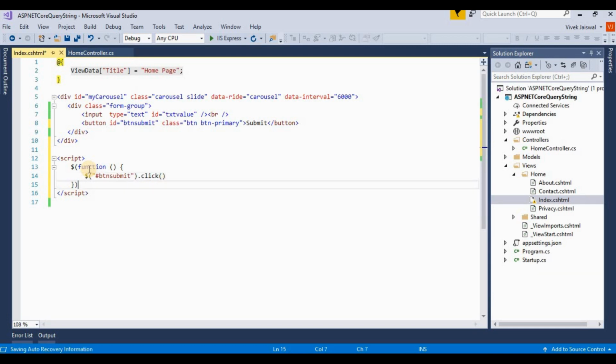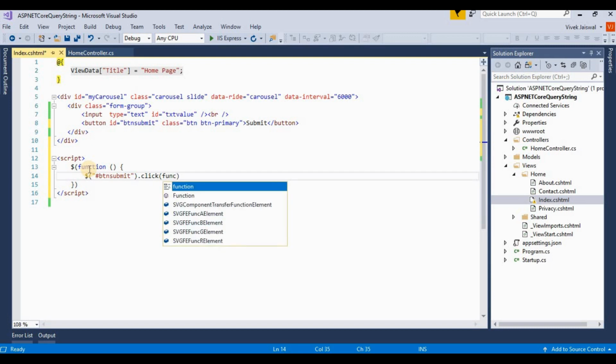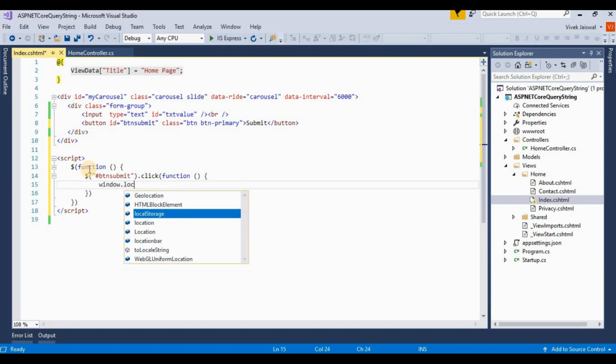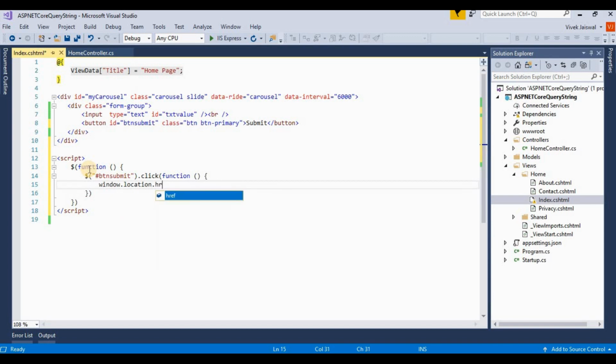On click, then function, window.location.href is equal to, I am redirecting to the same page, Home Index, with a query. It's a query string name. You can take any query string name, and then we store this value.